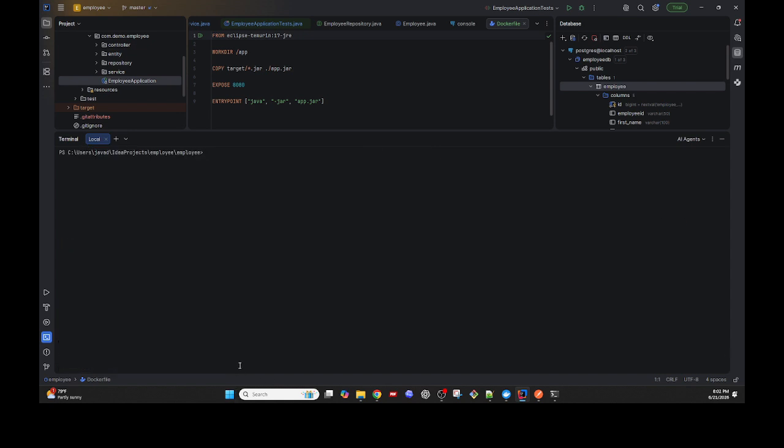So, clear, and let's remove that container. What was the name of the container? docker rm emp container. We want to create a new container now and call that new container